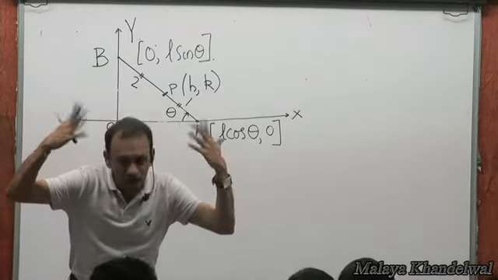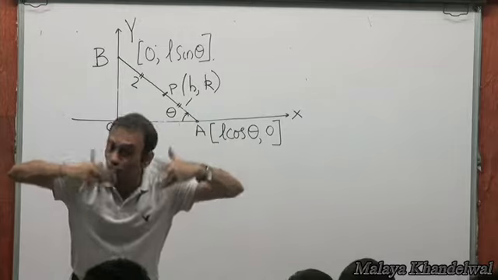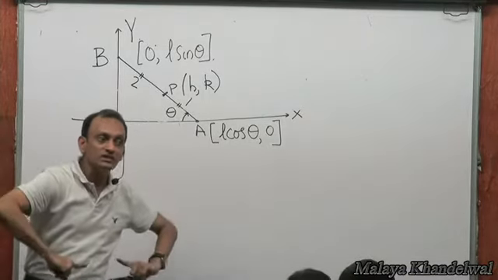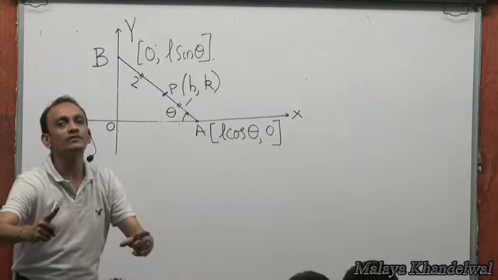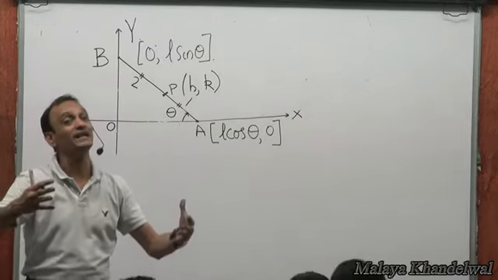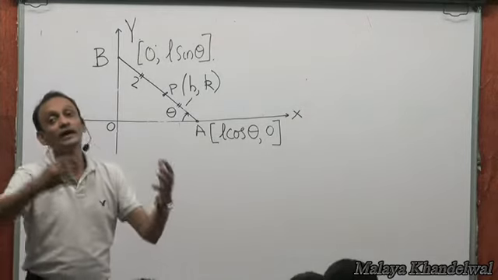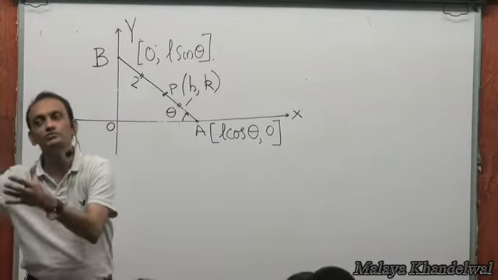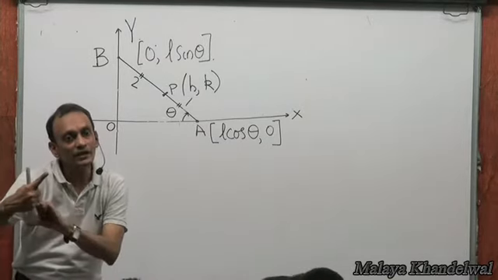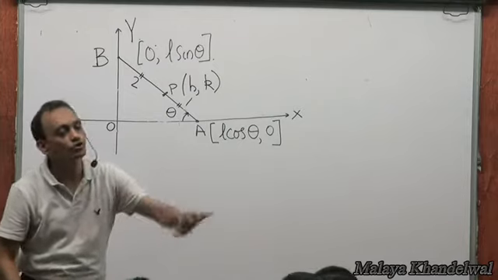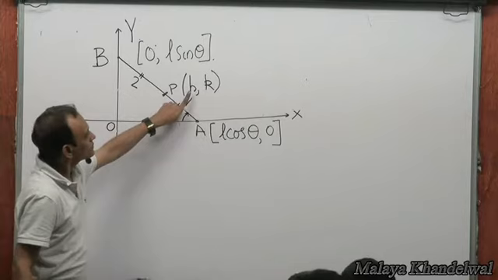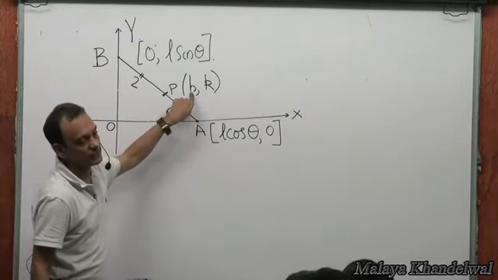If it does not involve the parameter theta, that means it will be true for all hk's lying on the path traced by P. That means we are inviting a generalization. Then we can replace h by the x coordinate of the moving point P and k by the y coordinate of the moving point P, provided I connect h and k in a manner that the parameter theta goes into oblivion. Now check this out.